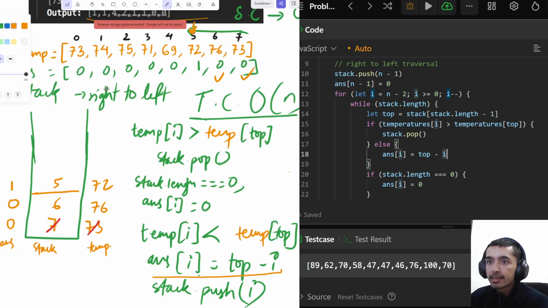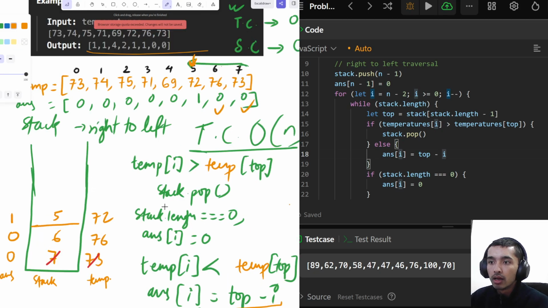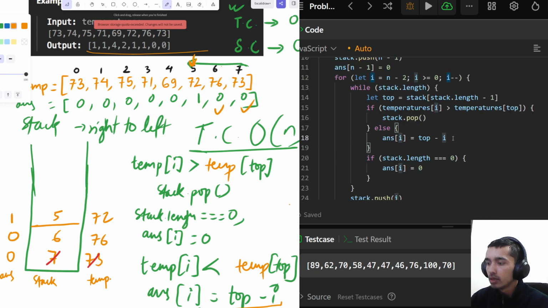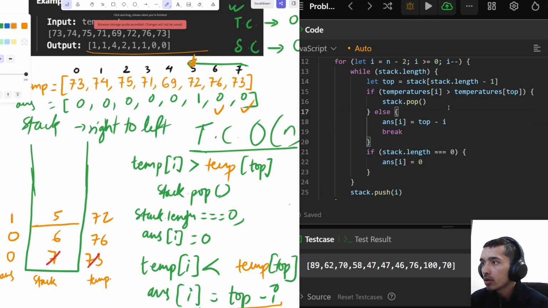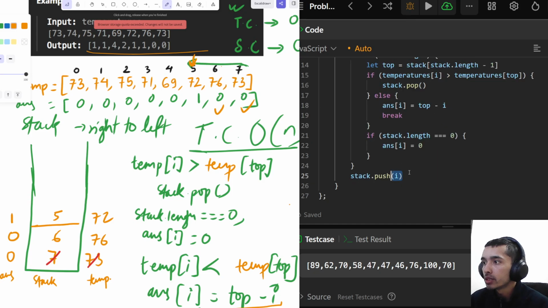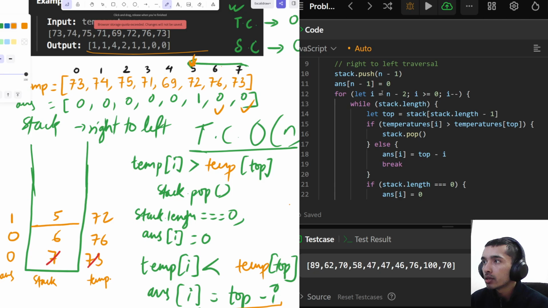After setting the answer for that index, we break. We break over here. So 1. Now we push. Now i goes over. i becomes 4. When i is 4, it checks